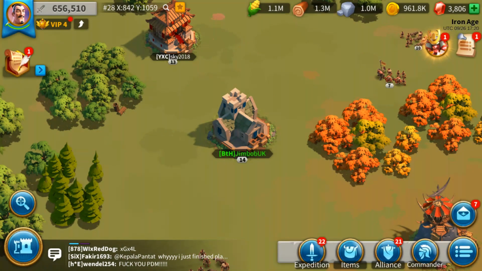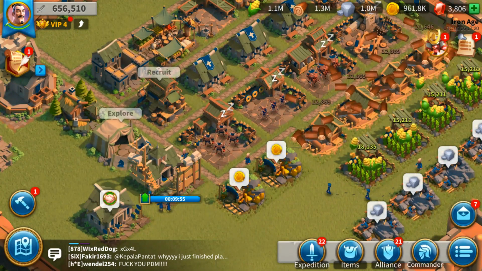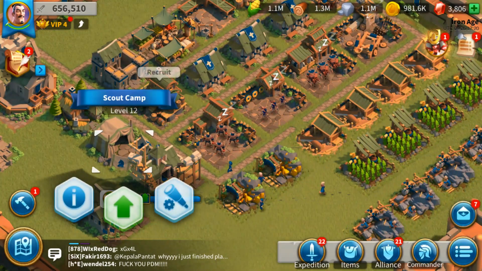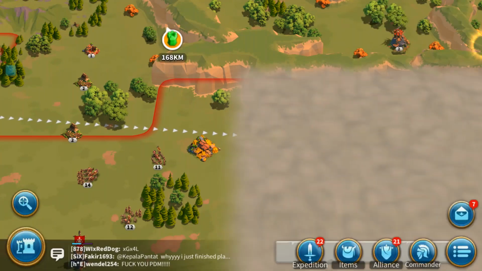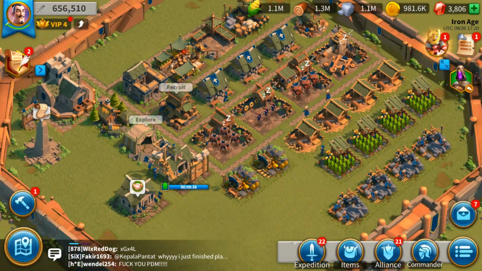The next method is scouting for chests. Now this one takes a bit longer, but it's almost unlimited. 2 ways to scout for chests. Either you click on your scout camp here, press the telescope looking thing, click on explore, and press explore, and press send. Now, you're not always guaranteed to get these treasure chests this way, but when you do, you'll be